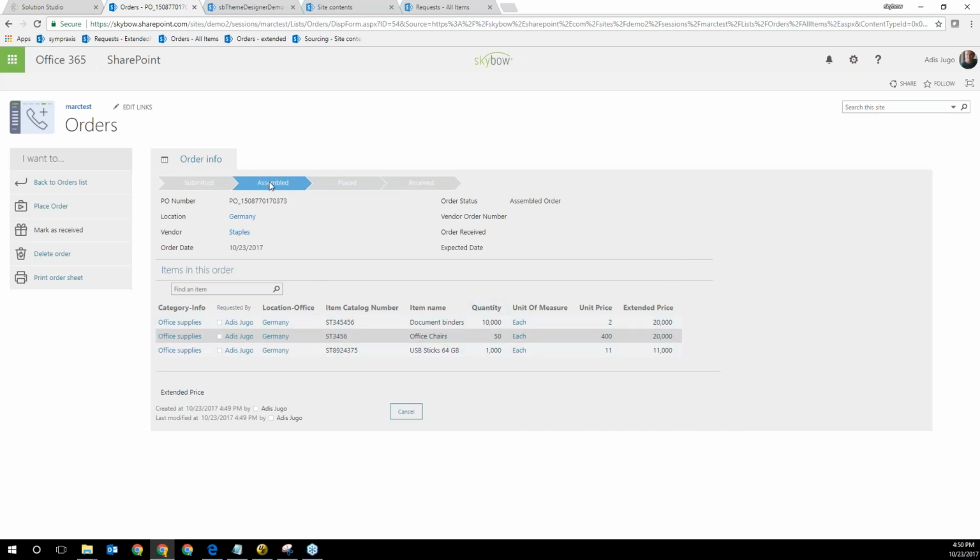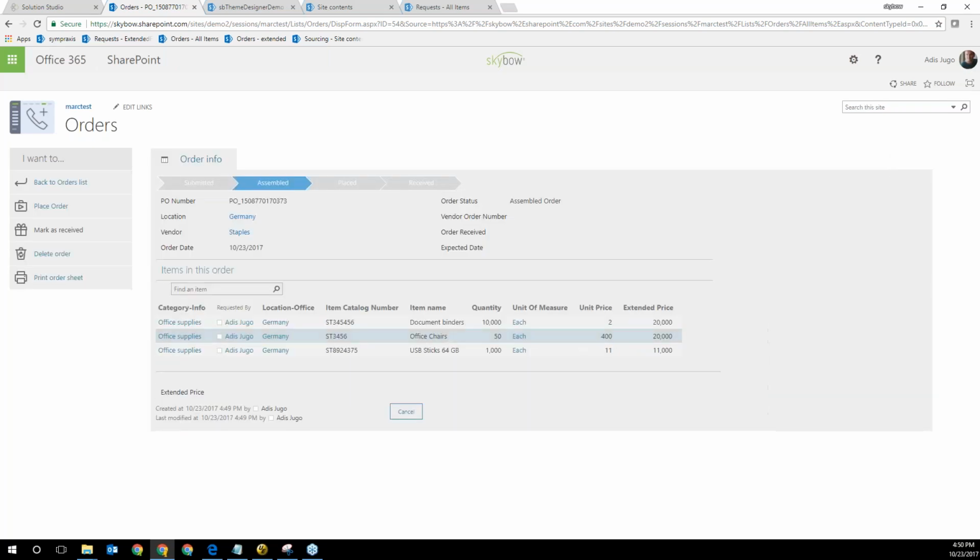We see here that the order is in assembled mode. I can quickly switch between those items to see what exactly has been done here, what's not been done. At some point when I reload, I will also get the extended price. It's not yet there, and I can even print the order sheet.